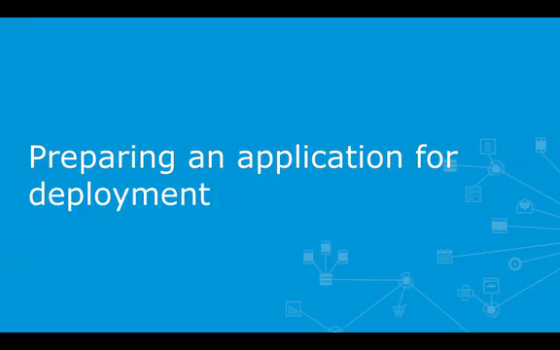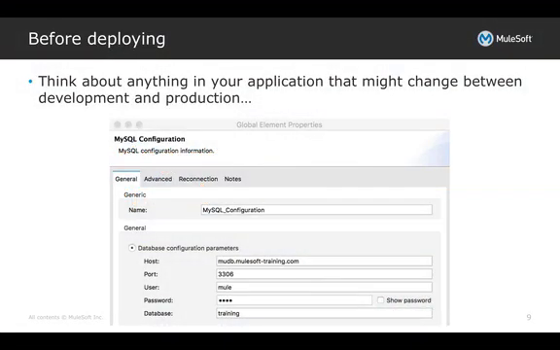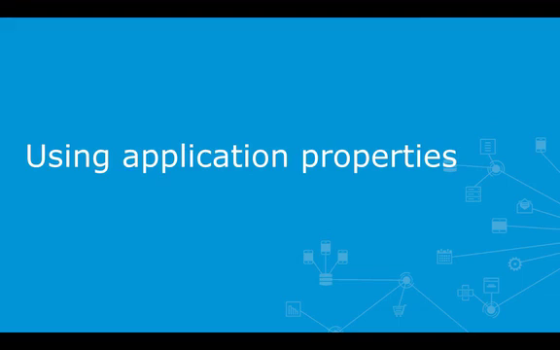Preparing an application for deployment. Think about what we've developed so far in our application. Specifically, think about what types of things might change in that application as we deploy it between different environments. We're talking about going between things like development to QA to production. What we're going to focus on next is preparing our application for this deployment, and that's our next section around